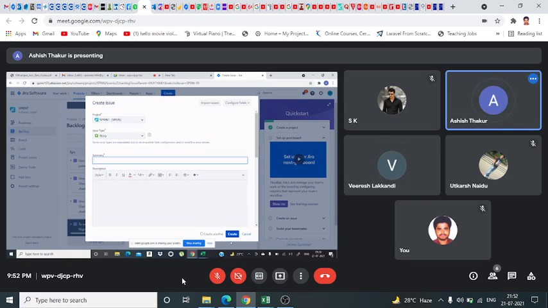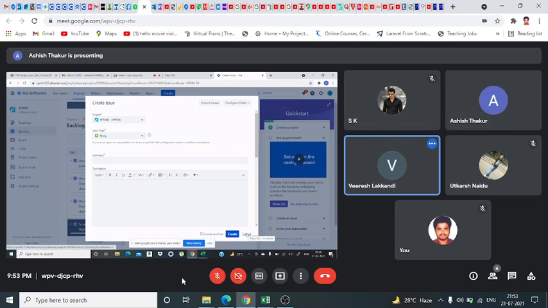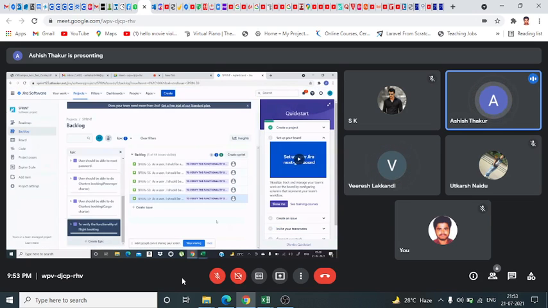So like in an epic, we have 10, 15 stories. Just click on create another, and it will come continuously, and you can copy paste continuously. It will be better, because otherwise you will have to click on create again, then this page will come, then again click on create. That is a time-taking process. So this is for the epic portion. I've added only five. You guys add the rest later. There are 10, 15 more.